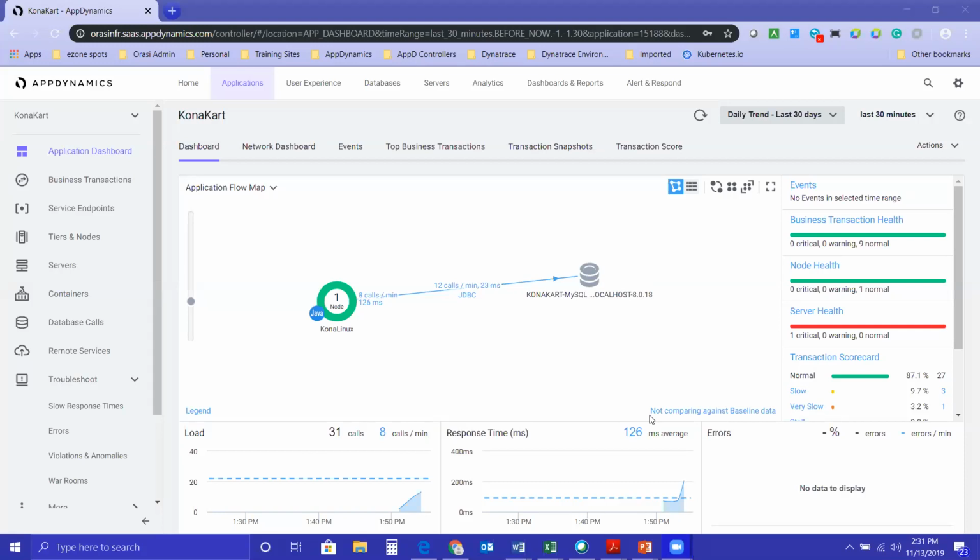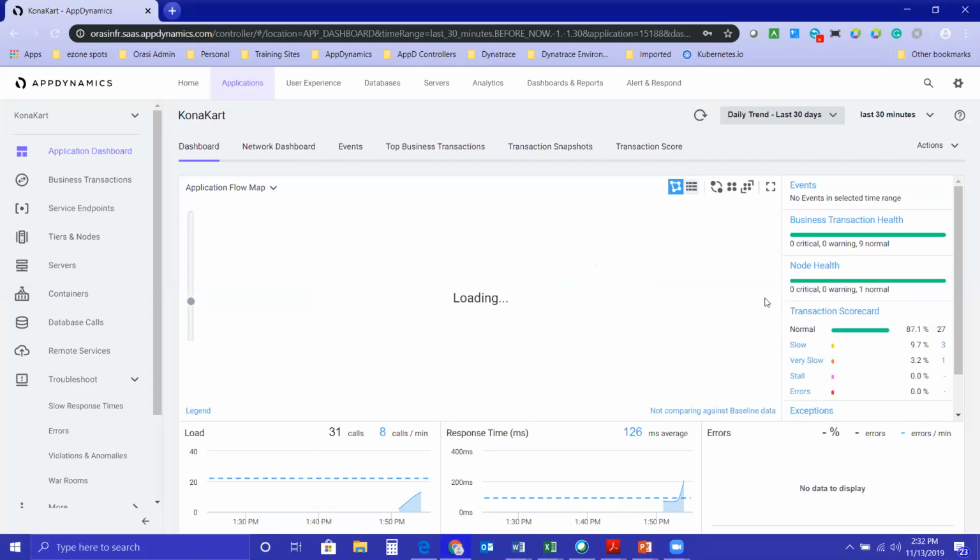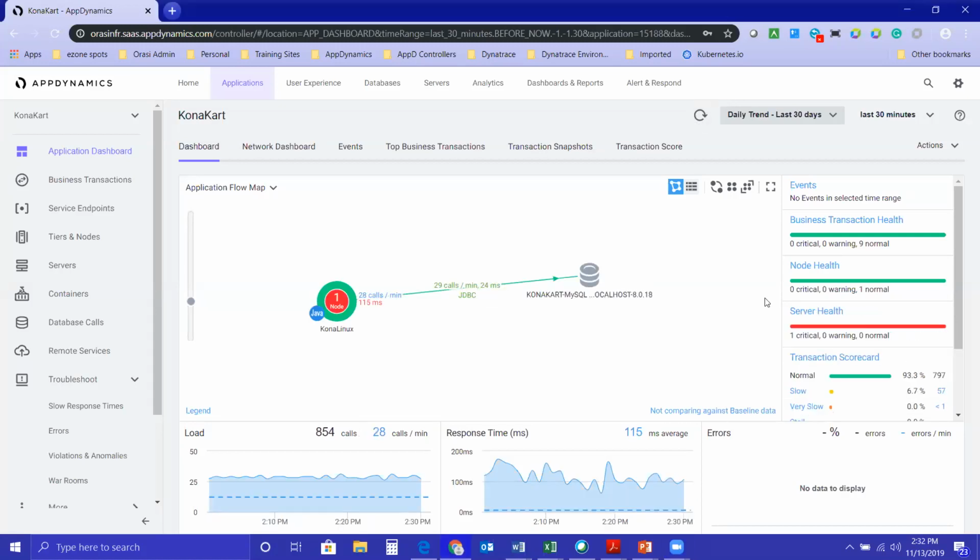Okay, so here is the Contact Card application, something we're running load against right now, and we see immediately that we've got some issues going on with server health. We have one critical health rule that's violating. That may not necessarily coincide with what you're seeing, as these health rules have certain thresholds that they hit, right? So we can go in and look at the server health